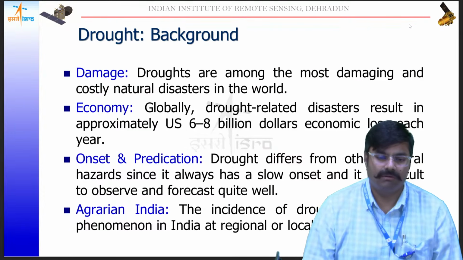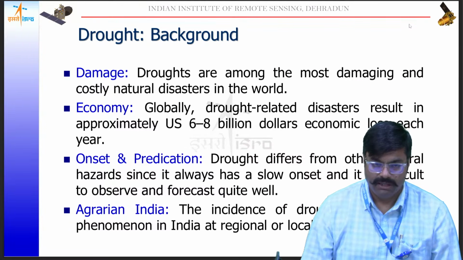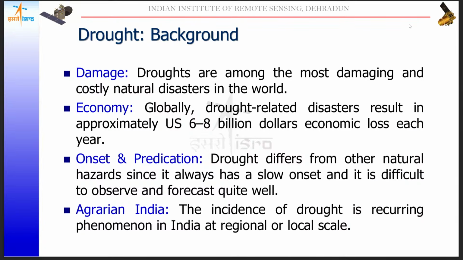So we start from the background of the topic, the drought. Participants may already have a substantial idea about drought with respect to its definitions. But my point of concern here is the importance of this topic, and the important background that I have to first confer with you. Then we follow up with a few fundamental parts and come to geospatial technology, how we can use it for the assessment of actual drought and the monitoring part.